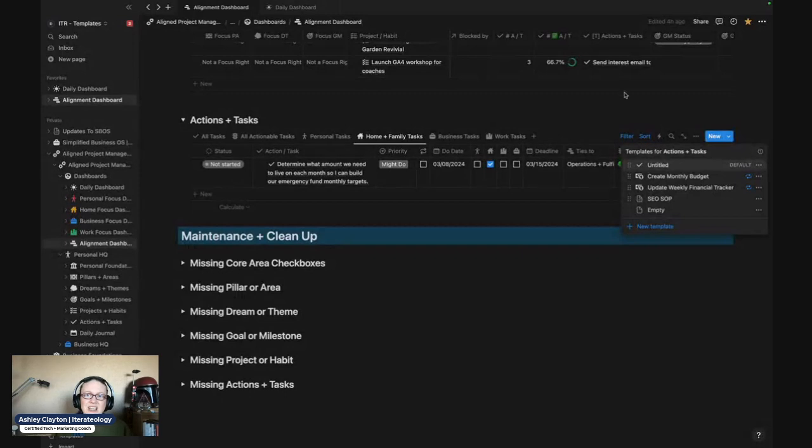But as you can see, even with moving some of those tasks to done, you can also see the little progress that starts to happen with the project to have reporting. Sorry, little deviation there. But that is how you can use the actions and tasks.